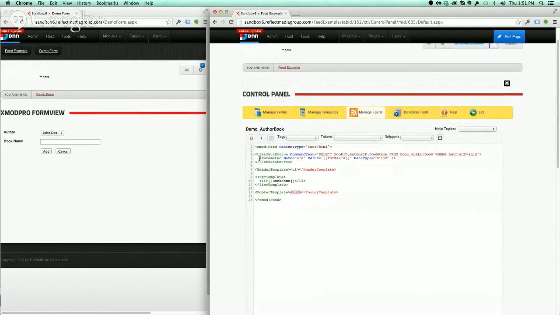But again, we're going to send a form post to this feed with AID, which is the author ID, and it's going to return any books by that author. All right, so let's exit here,